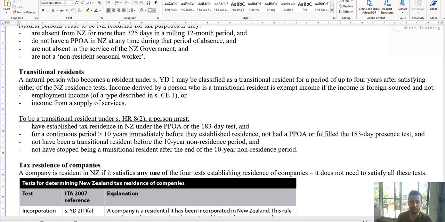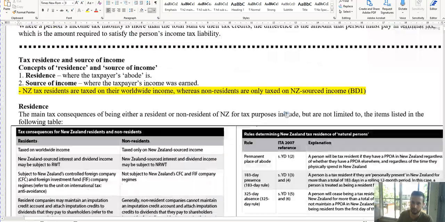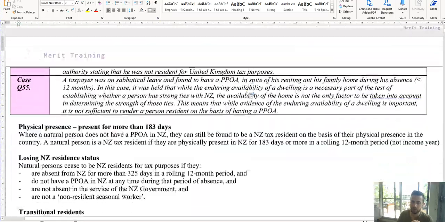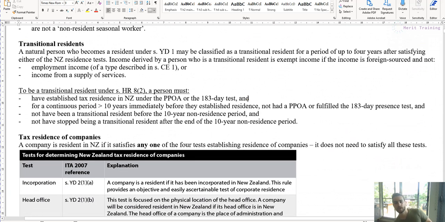So this is a natural person who becomes a resident under YD1. They can become a transitional resident, right? And this is a tax concept that allows for a period up to 4 years after satisfying either of New Zealand's residence tests. So you do actually have to satisfy one of these tests first of all, but because you have a domicile in another country, see how that word is coming into play now, you can actually come under this specific rule,